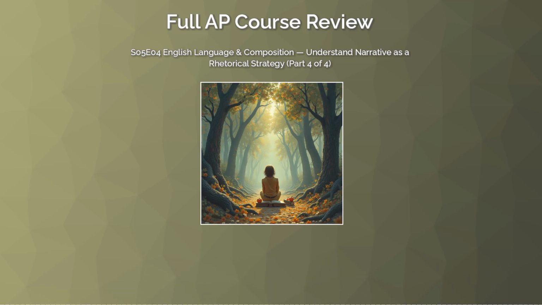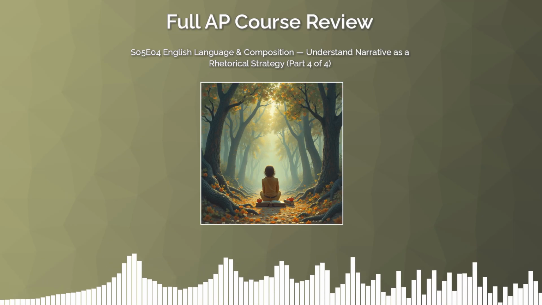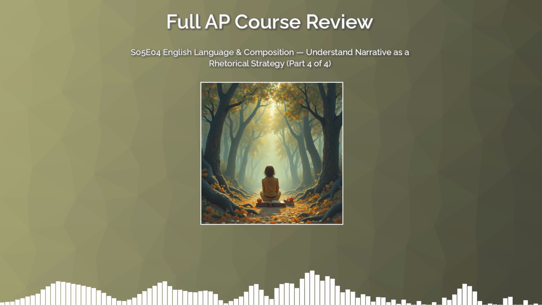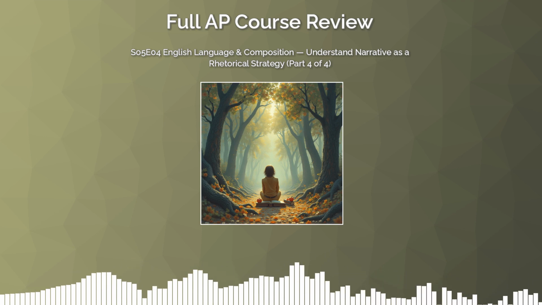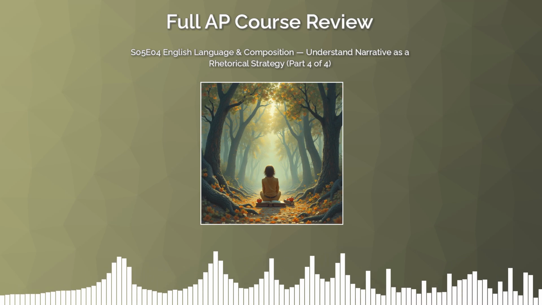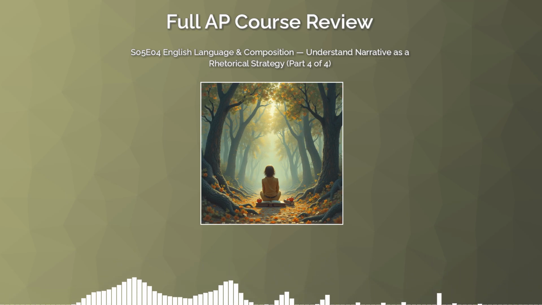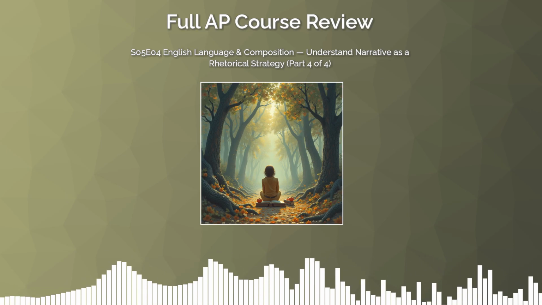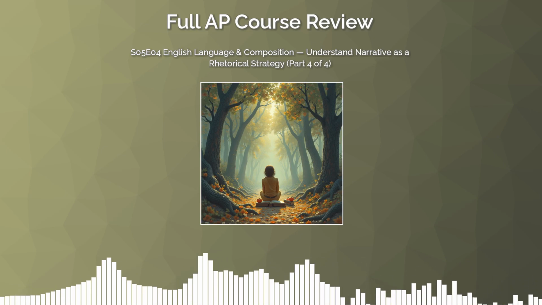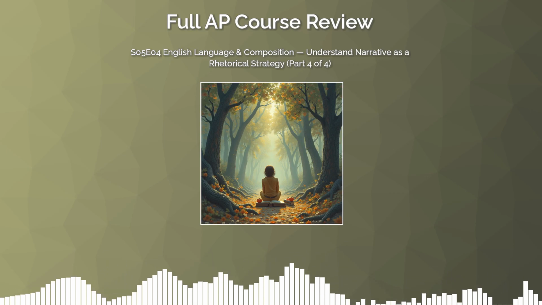Connections across units. This concept threads through the entire course. In Unit 2, when you analyzed how writers develop arguments, you were already thinking about why evidence choices matter. Narrative evidence is a pathos-driven choice. In Unit 3, you studied how structure shapes meaning, and now you can see how narrative structure specifically shapes emotional meaning. And in Unit 5 and beyond, as you write your own arguments, understanding how narrative appeals to pathos gives you a genuine tool. Sometimes the most honest, most persuasive thing you can do is tell a true story and let the reader feel what it means.